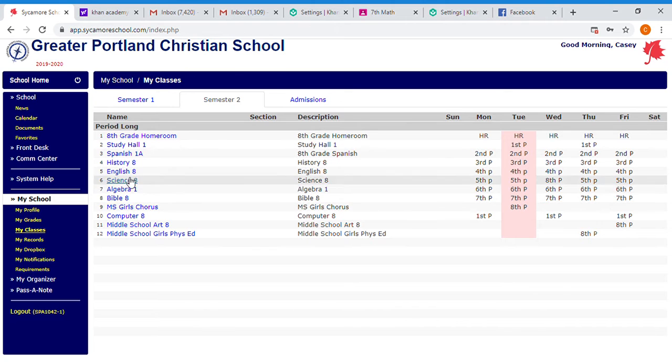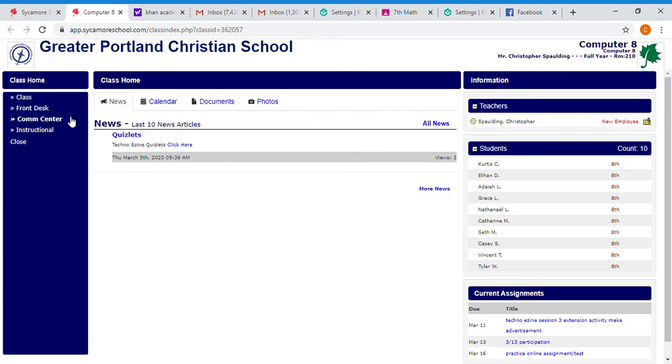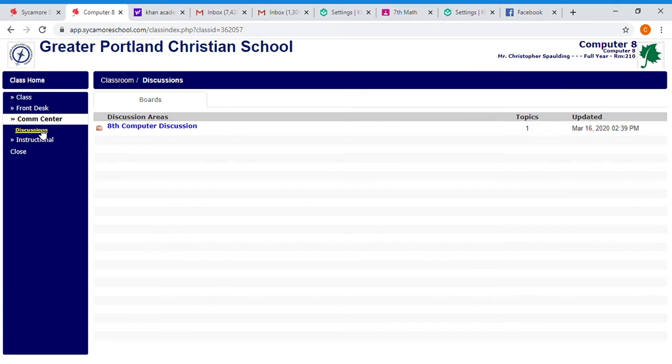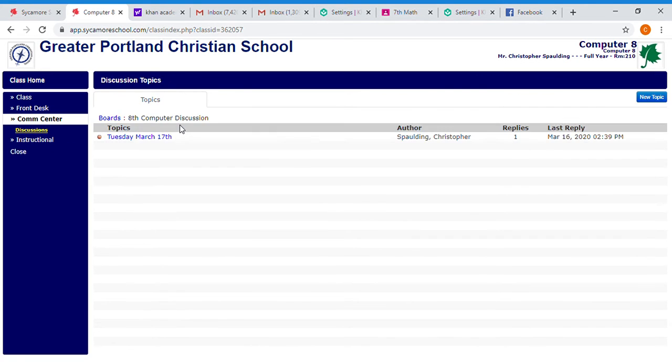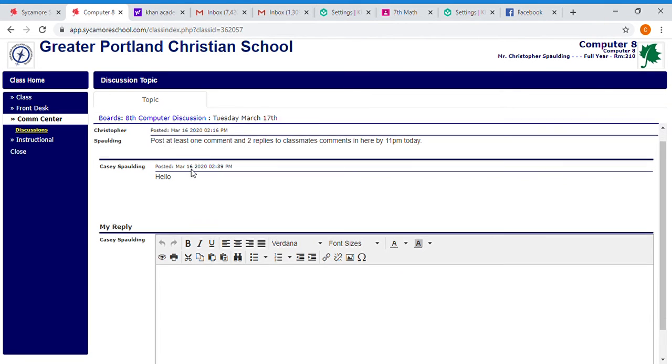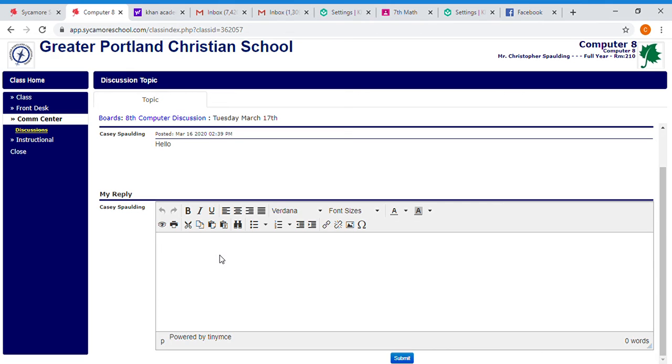And we're going to go to Computer 8. And then on the left over here, where it says Class Home, you're going to choose Comm Center, Discussions, and here's the discussion board for 8th grade computer. Click on there, and here's a topic. You can click in, and you can type your response,